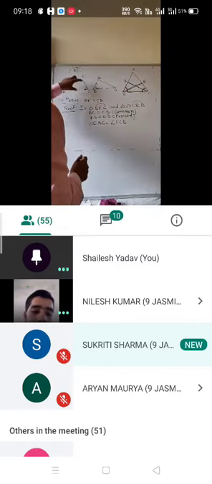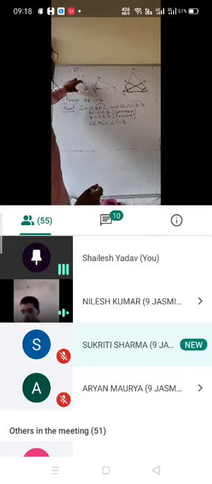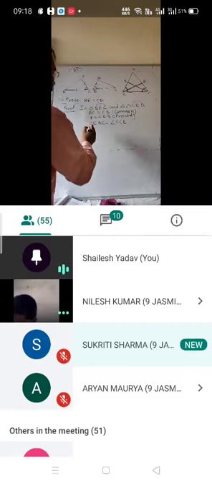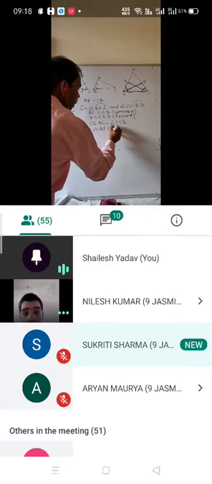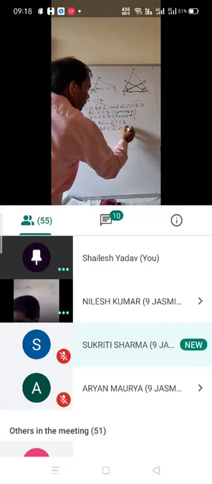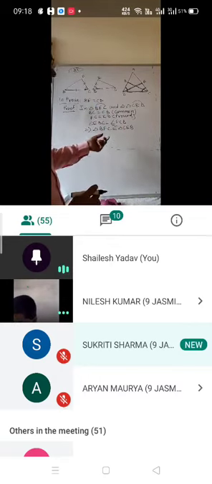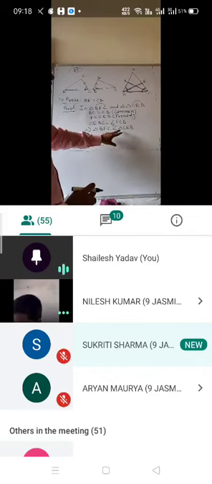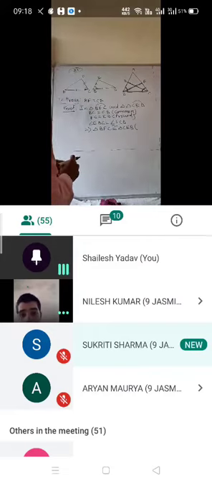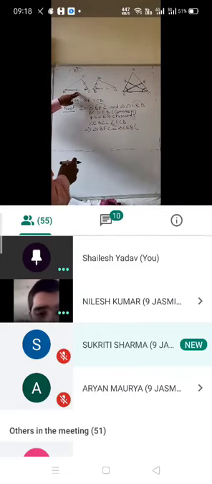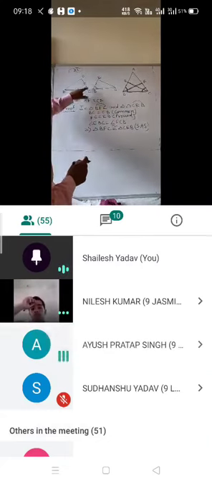So here I got that the included angles of the two sides are equal. So here I got the three values equal. So it shows that triangle BFC is congruent to triangle CEB. Kindly mute, if anyone has unmuted. So triangle BFC is congruent to triangle CEB. Which criterion is applied here? That is SAS, side angle side.